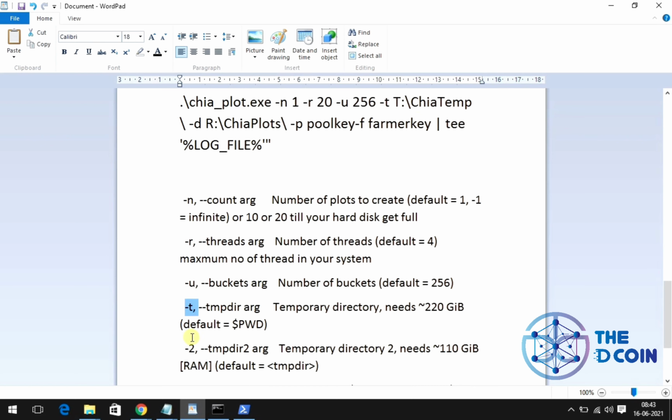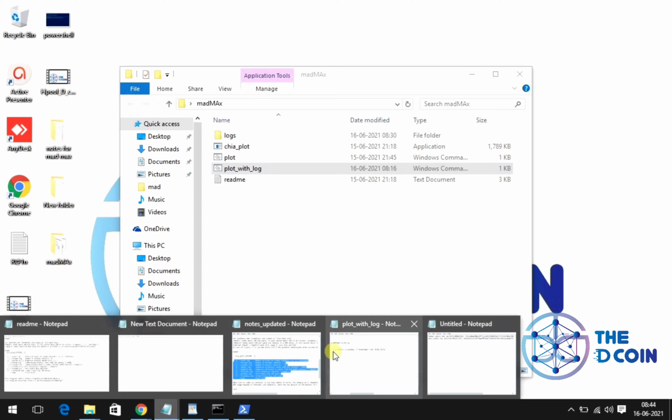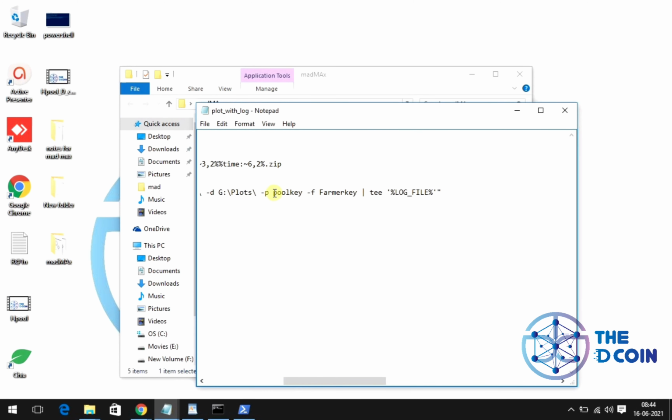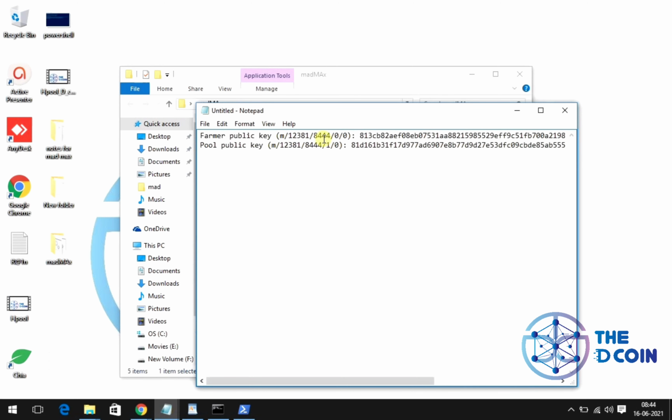In this configuration file, we have only one temporary directory because we are going to use an NVMe drive or SSD for this. In the previous version, we had two different temp directories. If you are using a RAM drive, then you have to go for the previous version by specifying two temporary drives: the first for the SSD or NVMe drive, and the second for the RAM drive. To create a RAM drive, you need a minimum of 118 GB of RAM.